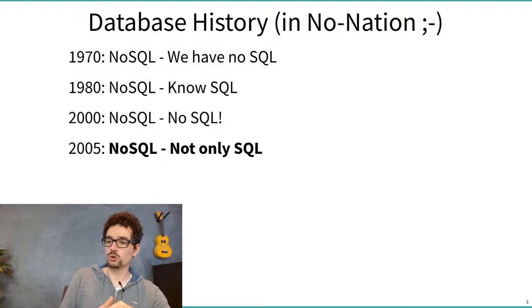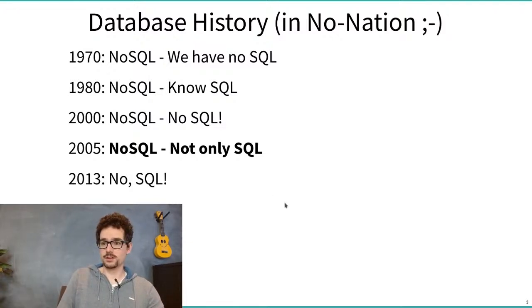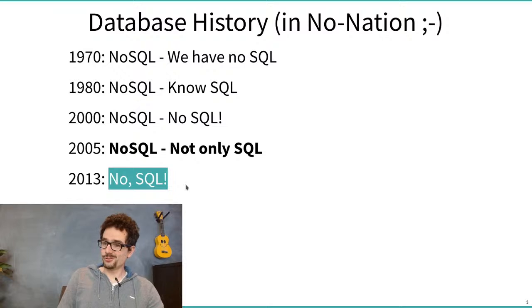But there is not only SQL, there are more. And then in 2013, people thought, why do we really need to jump on that NoSQL train? Isn't a lot of that also possible with SQL? So this NoSQL, in German you would say doch,